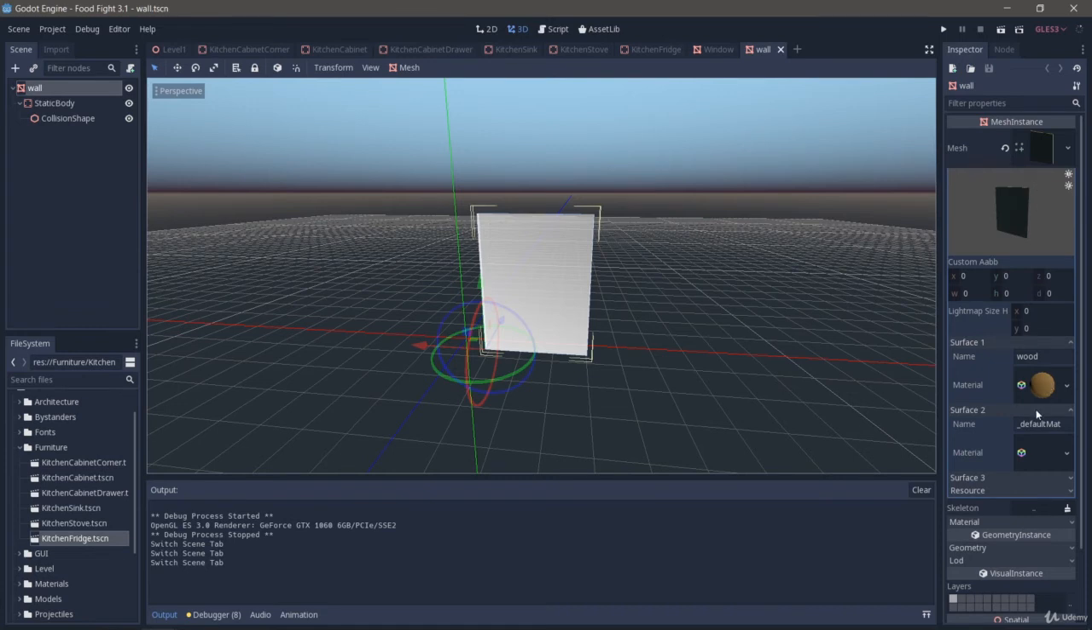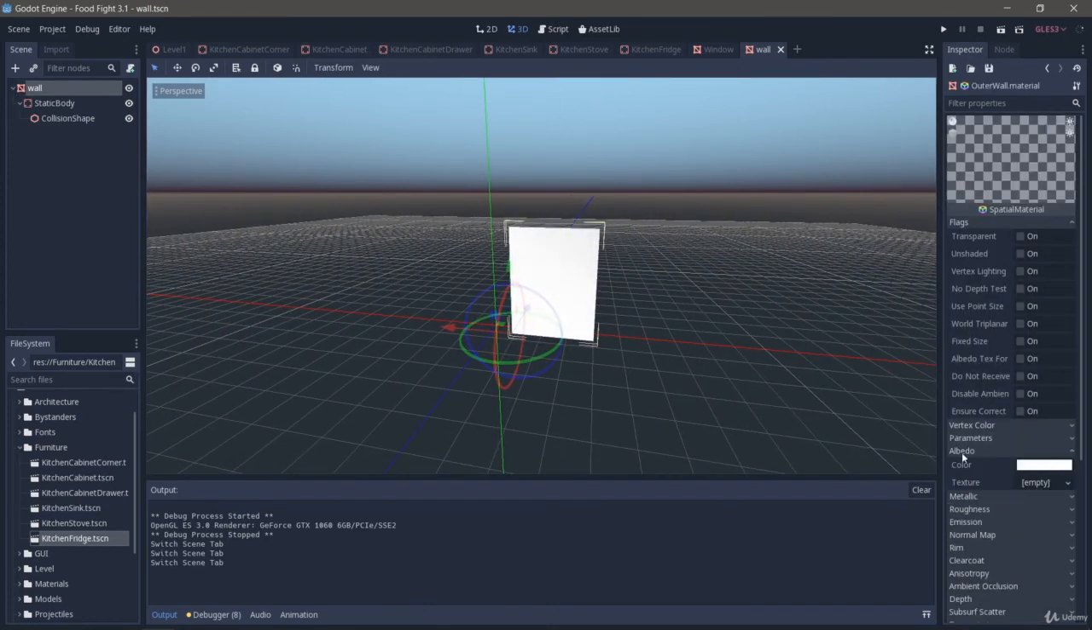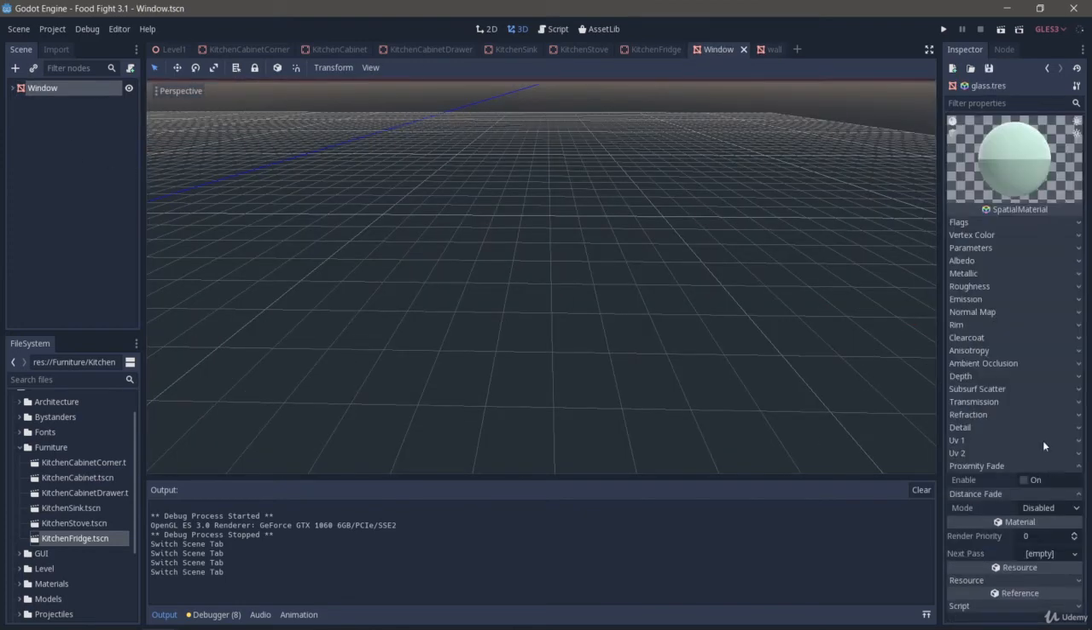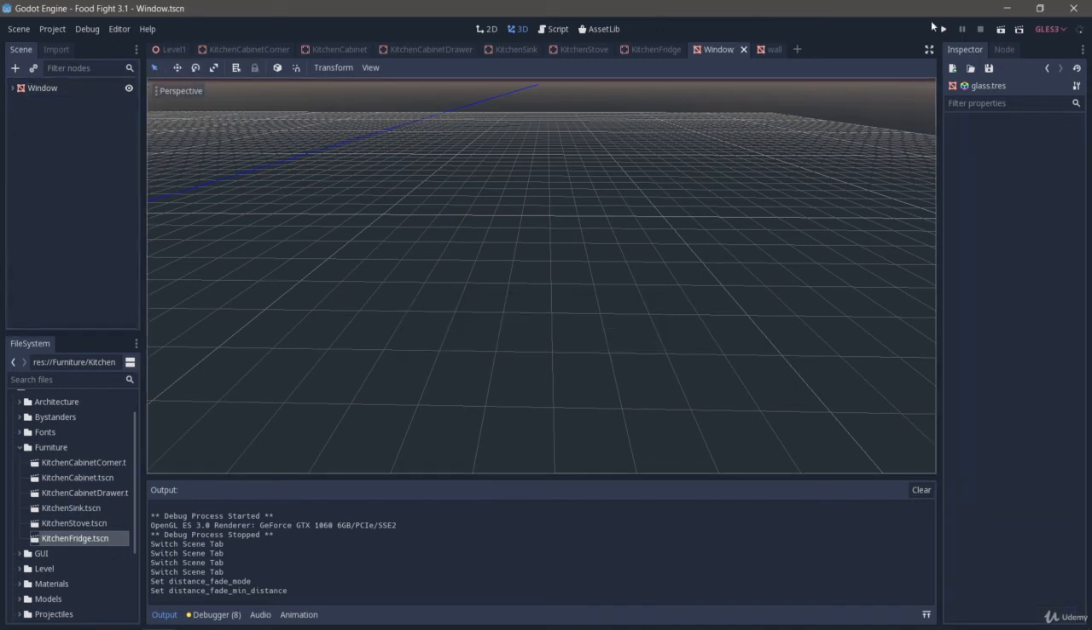So on the material, it's this default material here, isn't it? Yeah, that's the one. We have a distance fade, pixel alpha 5 and 10. Nice and easy. Not proximity fade, it's a distance fade of pixel alpha with a min distance of 5 and a maximum of 10. So now when I save that and I get back into the game,